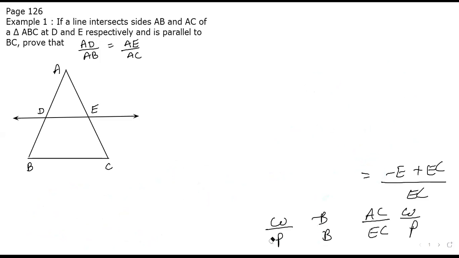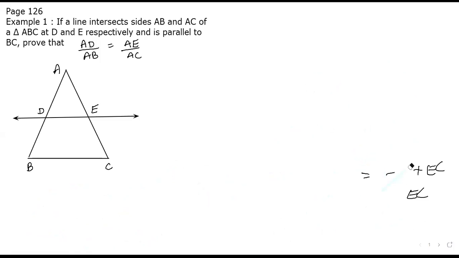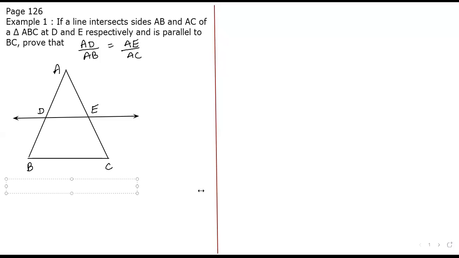Now in the question, everything is given, so no need to write given and to prove. But when the naming is not given, when we draw a particular figure on our own, we always have to mention it. Here no need, we can directly start with the proof. I have told you yesterday, whenever you want to apply the BPT, you have to mention in which triangle which line is parallel. Then you can apply the BPT. So let me write the proof.